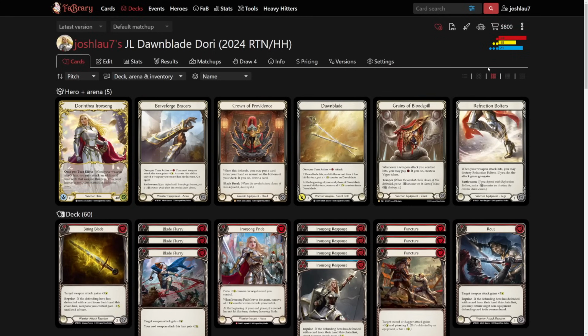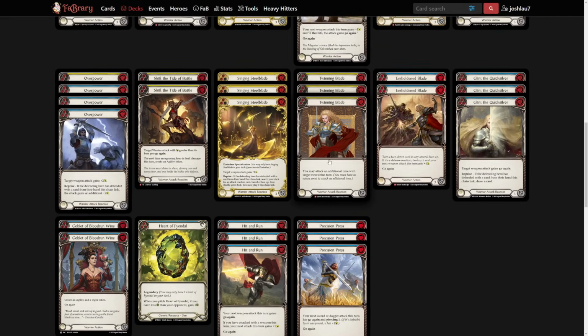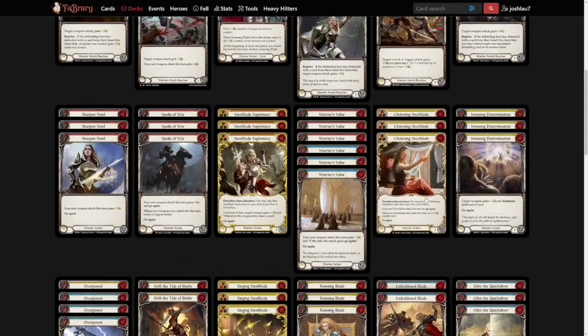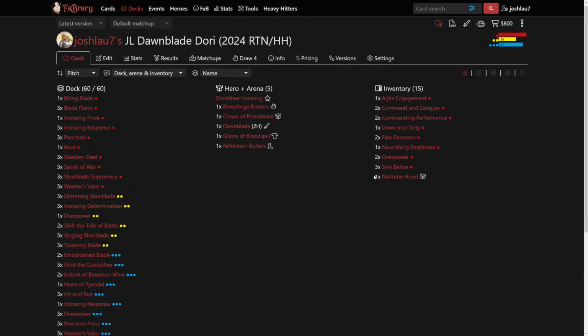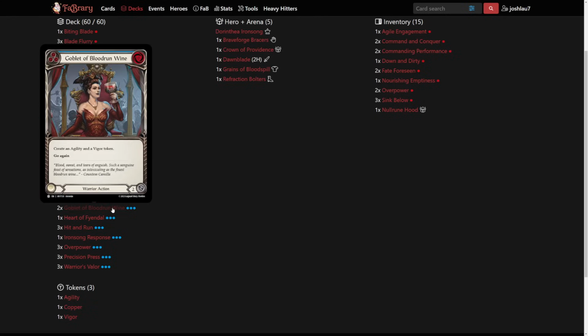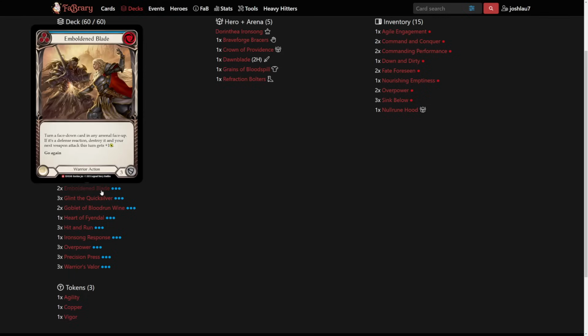The ratios for the deck, we're running 21 blues, and we'll see that in the next deck tech, or in part 2 here. We're actually running the same blue energy base pretty much, except we swapped the Emboldened Blades out for something. I currently think that this is kind of the best energy setup here, because we have all the go agains in Glint, Hit and Run, Precision Press, Warrior's Valor. We have a couple of extra go agains from Goblet. We got, you know, the utility blues like Iron Song Swan and Overpower, and then we have a couple Emboldened Blades just to